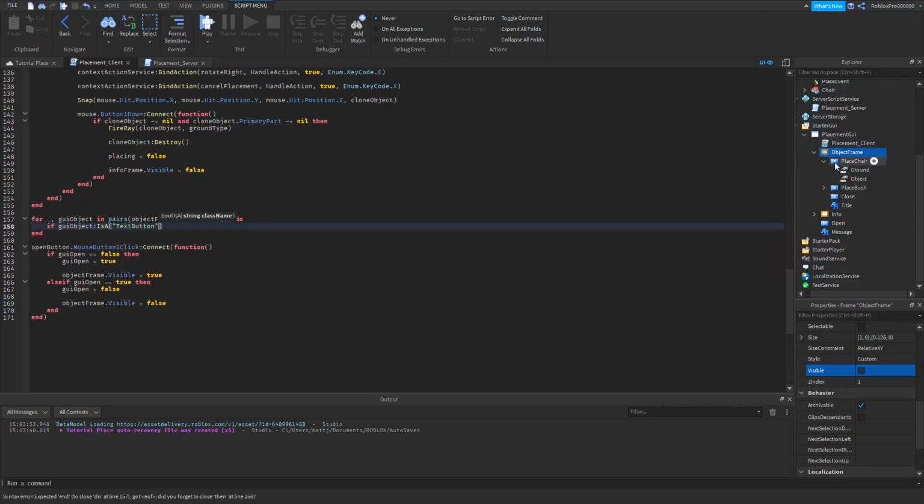If you use image buttons here, because you can customize this GUI however you want, if you have image buttons here, you can interchangeably use image button. I may not need the next step for this, but if it's a text button